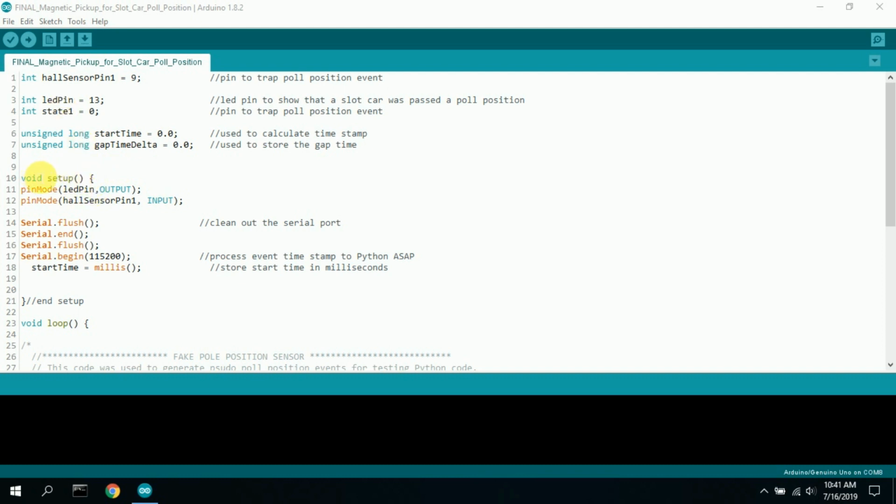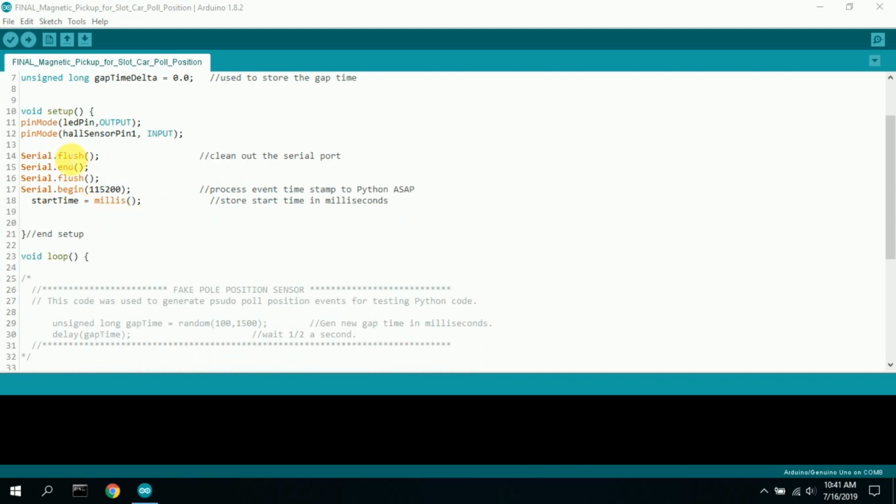Here's the void setup portion of the program. I initialize the LED pin for output. I initialize the hall sensor pin for input. I then clean out. I do a flush and flush, which I probably do too much here, but I just want to make sure the serial port doesn't have any garbage in it before we start calculating the pole position times. Next, I do a serial begin